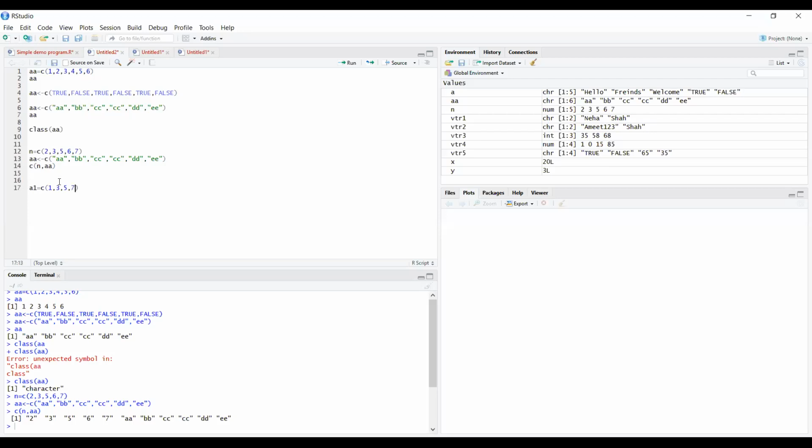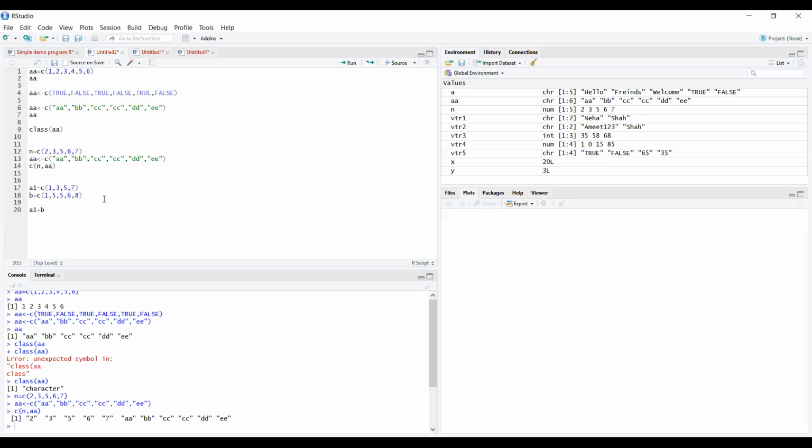This is the value I am going to pass, and then another vector b equals c(1, 4, 5, 6, 8). This is the vector we are passing, and if you want to do any mathematical operation, you can do it with a1 plus b.